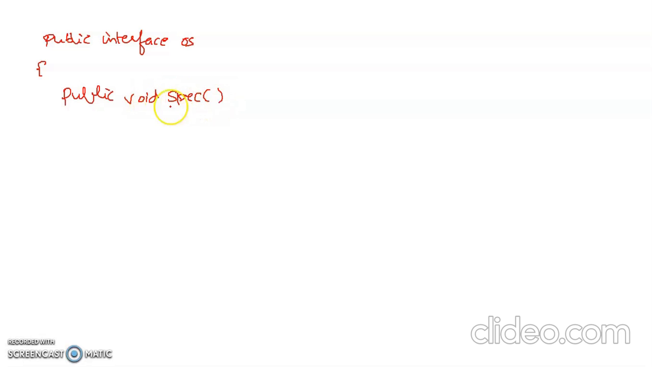I had an interface named OS, so public interface OS. The method inside the OS is specification. This is my OS, and I had three classes: Android,